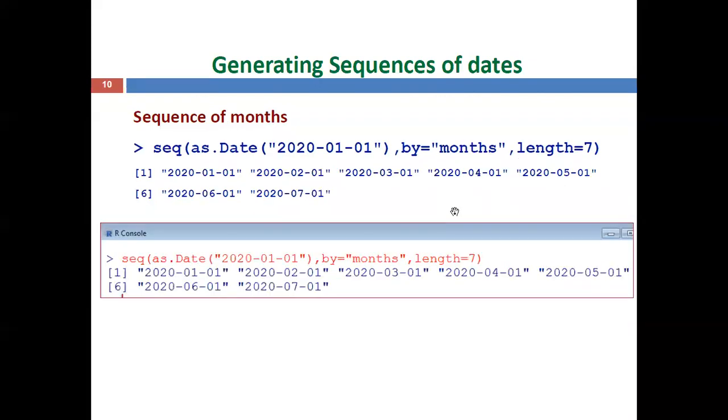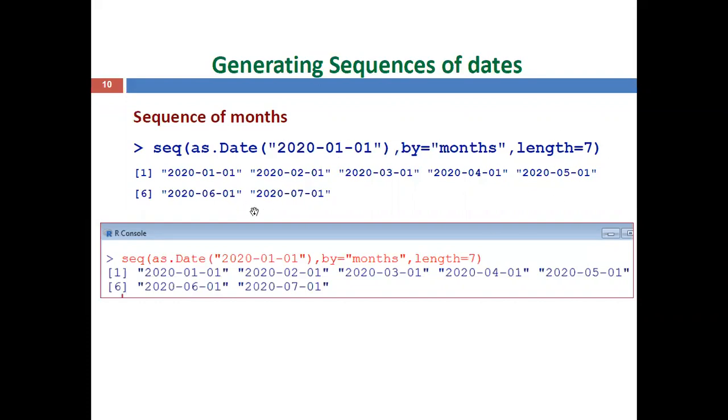Then coming to the next one, sequence of months. So everything is the same, the syntax. In place of days you can mention month, then you can mention length also. Suppose January 1st 2020, you want to display 7 months from January in 2020.